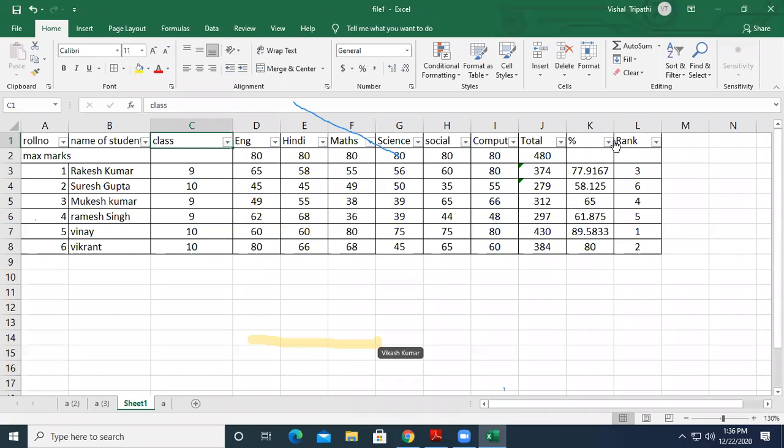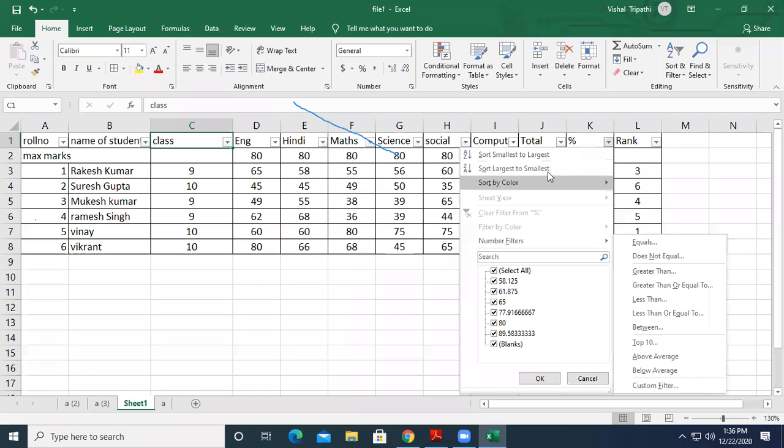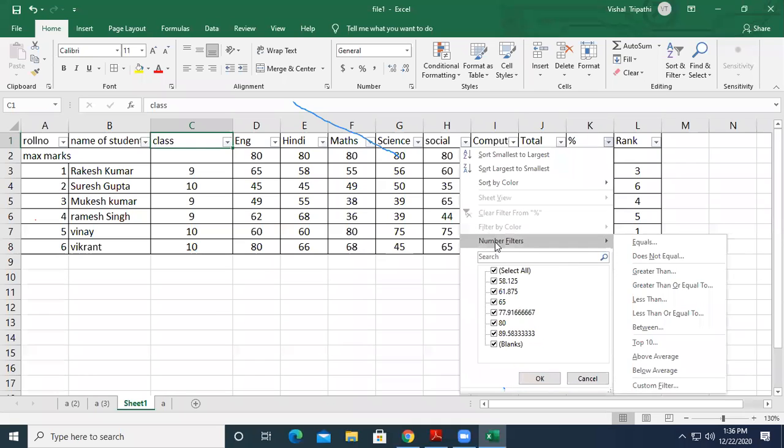Now next thing, if suppose we have applied filter and we are clicking on this percentage column, then other options is also available. Like जैसे अभी आप यहाँ पे देख रहे हो कि जो भी परसेंटेज थे वो तो यहाँ पे डिस्प्ले हो ही रहे थे. अगर इसी के साथ साथ हम नंबर फिल्टर ऑप्शन सेलेक्ट करें, यहाँ पे अगर आप देखो, if you click on नंबर फिल्टर तो it will display